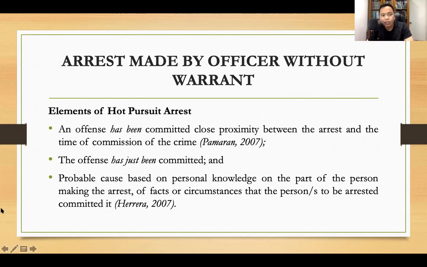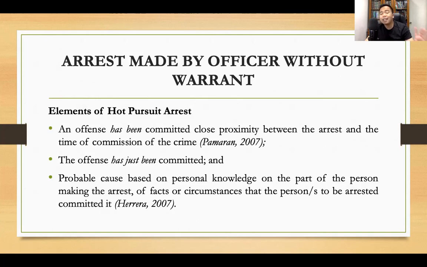Okay, what are the elements of hot pursuit arrest? First, an offense has been committed. No, close proximity between the arrest and the time of the commission of the offense. No, hindi po pwedeng naglapse na yung several hours before the commission of the crime and the time of the arrest. Ang sabi ng Korte Suprema, there must be close proximity between the arrest and the time of the commission of the offense. Second, the offense has just been committed and that there is a probable cause based on